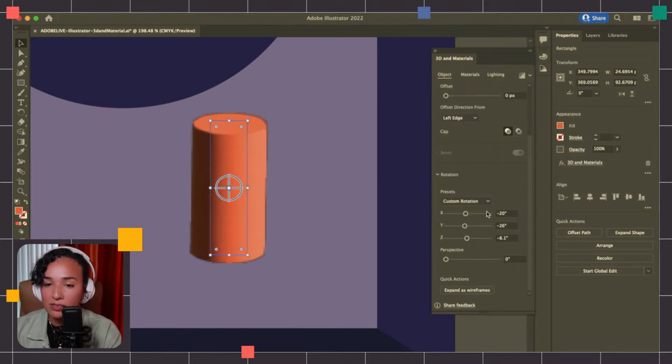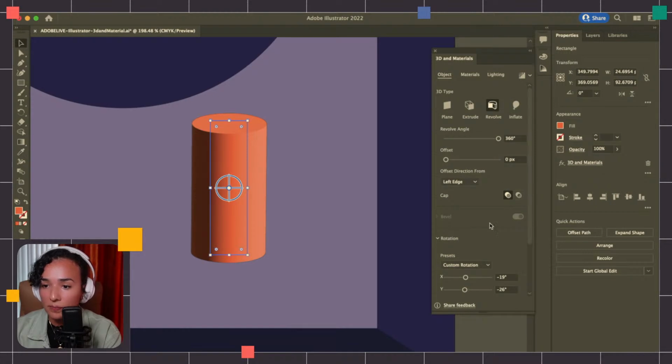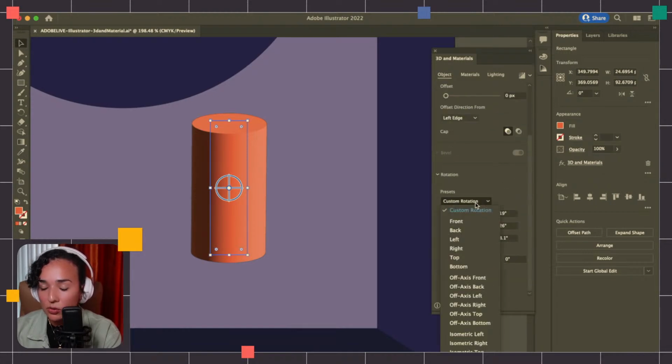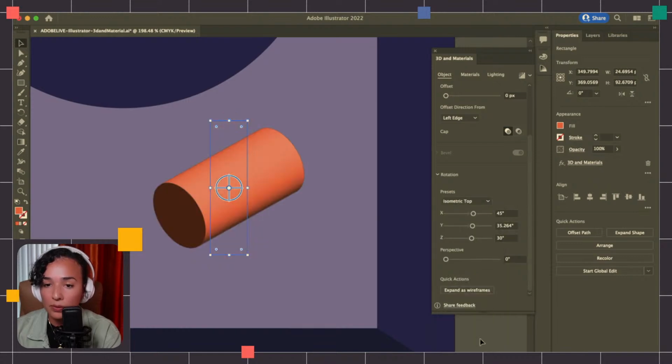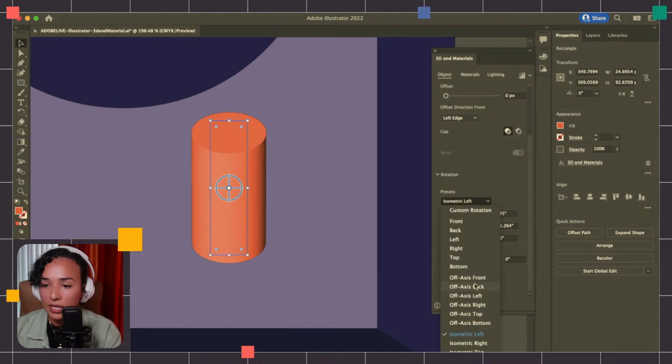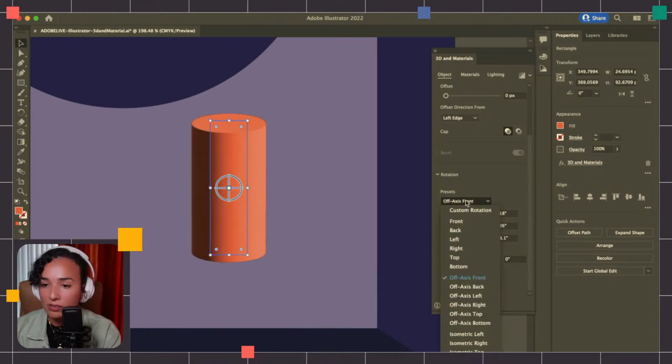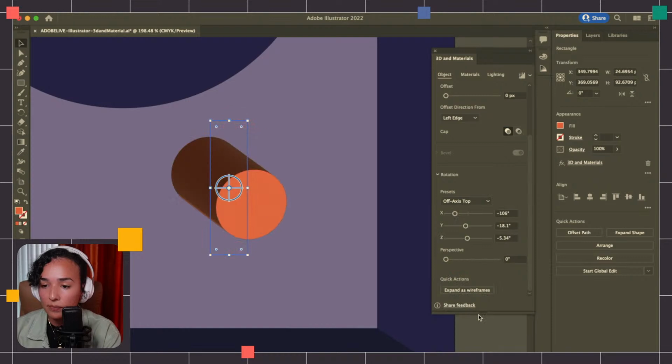And one of the things that you can do, you can see this view right now is specifically facing us, right? So we can do a custom rotation, or we can set it to, for example, top. We can set it to isometric left. And let's see, what off-axis front looks like? And I think this is the one that I want, off-axis top. So I'm going to offset